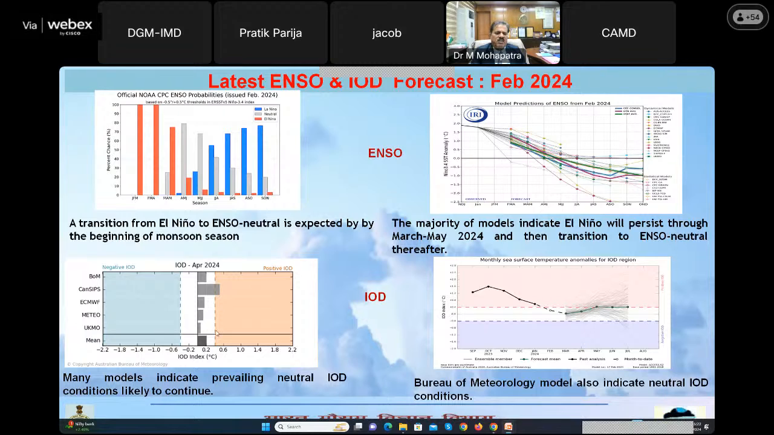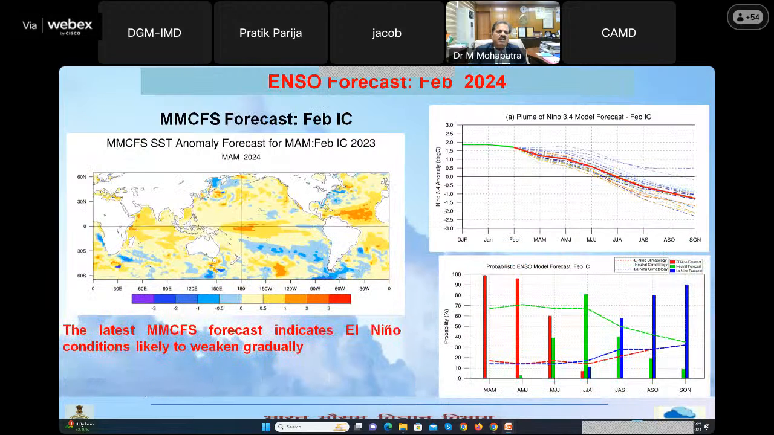If you look at the Indian Ocean Dipole, it shows a neutral Indian Ocean Dipole at present, and the forecast is also indicating a neutral Indian Ocean Dipole. But some models are also suggesting a positive Indian Ocean Dipole by the beginning of the summer, beginning of the monsoon season. So this is the model of the Ministry of Earth Sciences, that is